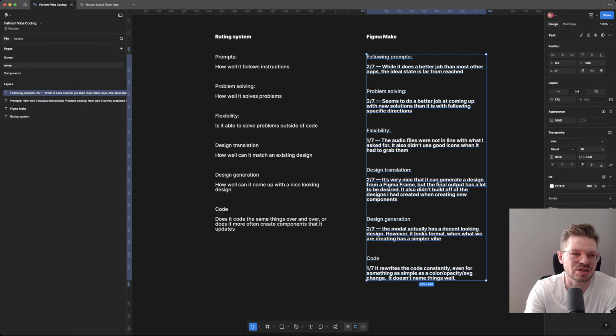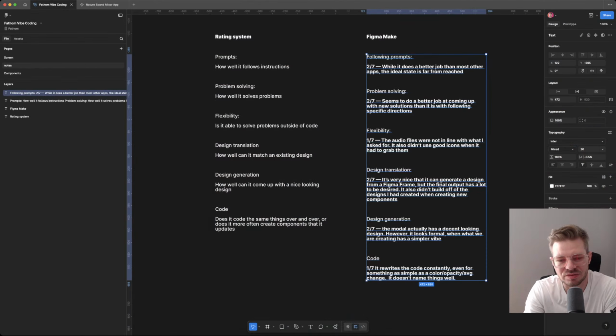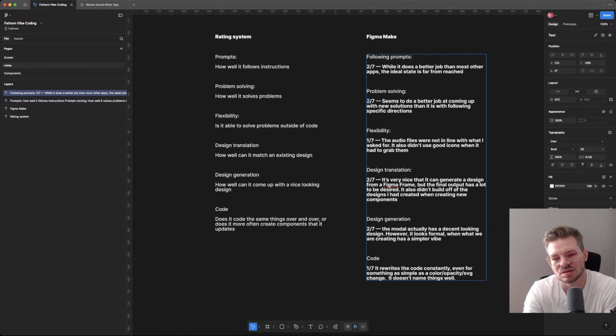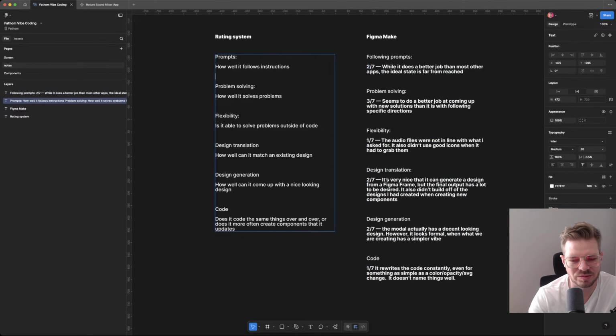Design generation, at least, solves some of the problems. All right, do I give it a 3? Okay, so that would be problem solving. Yeah, it doesn't do a good job. We'll give it a 3 for problem solving, but man, at following prompts,